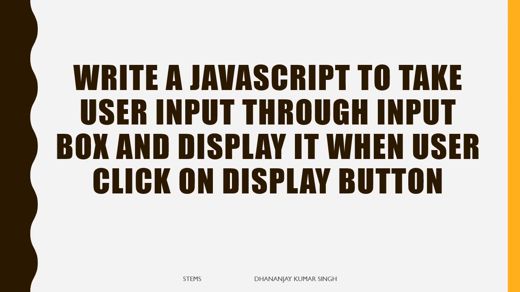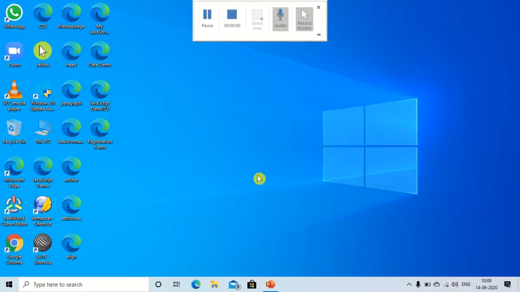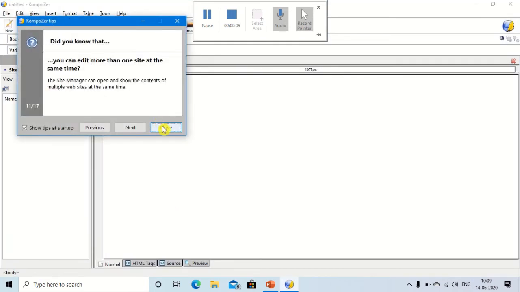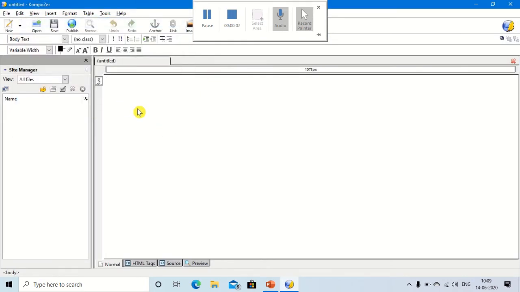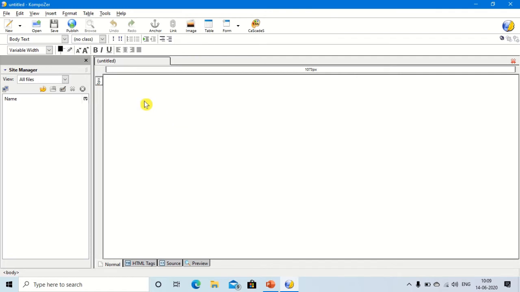Write a JavaScript to take user input through an input box and display it when the user clicks on the display button. Open the composer, click on the close. Here we need to define, so go to the form.